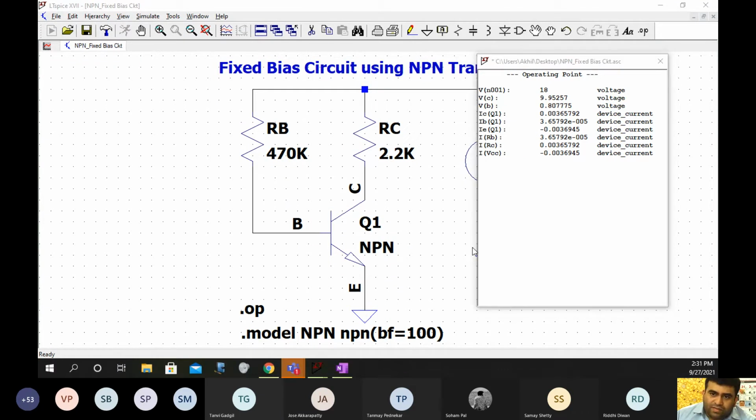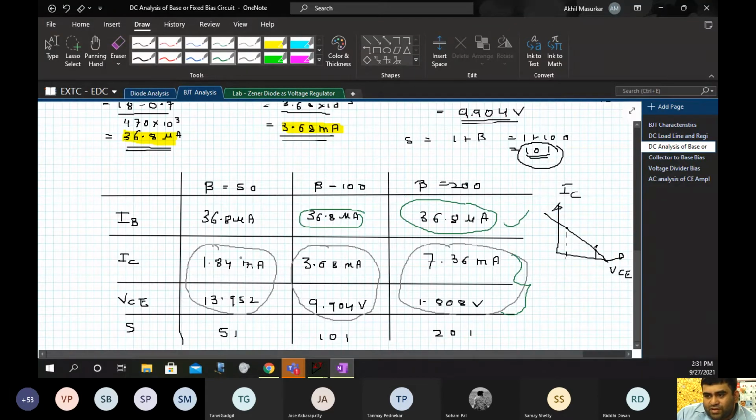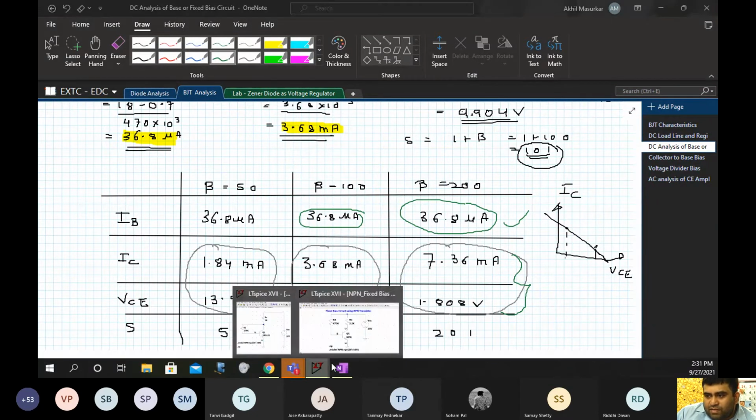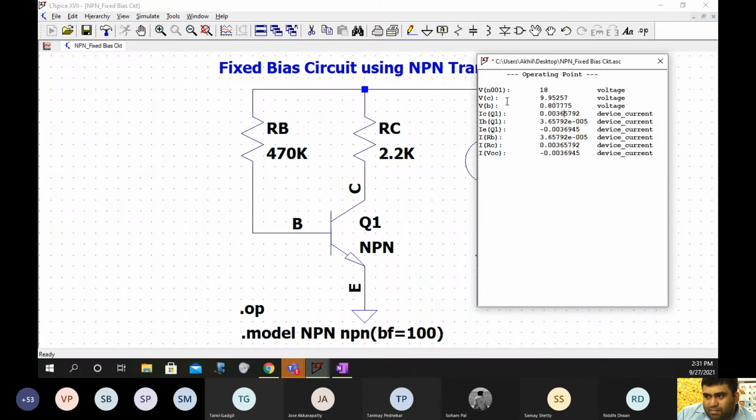So here what I have done is I have now changed the transistor and I have kept this beta factor as 100 because we want to check this for the next beta value which is 100. You can see that the IB value remains the same, 3.6 doesn't change, and the VC value is also pretty close.